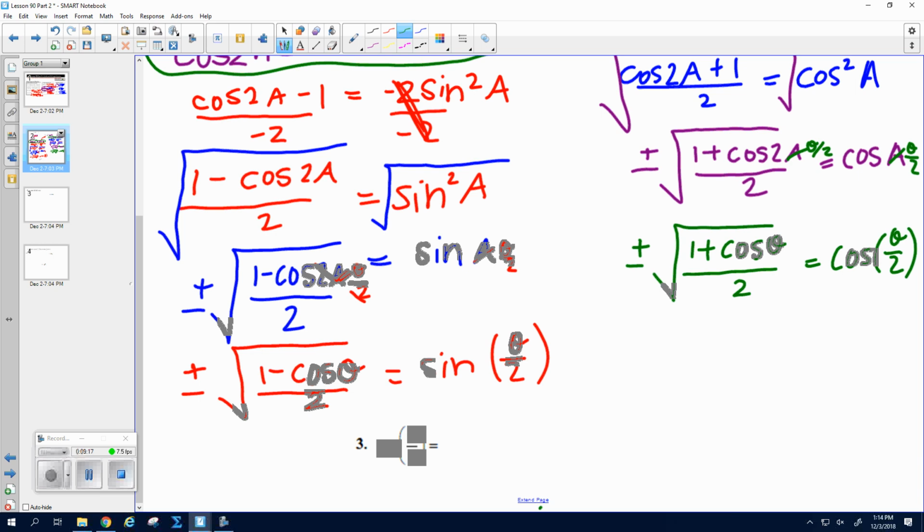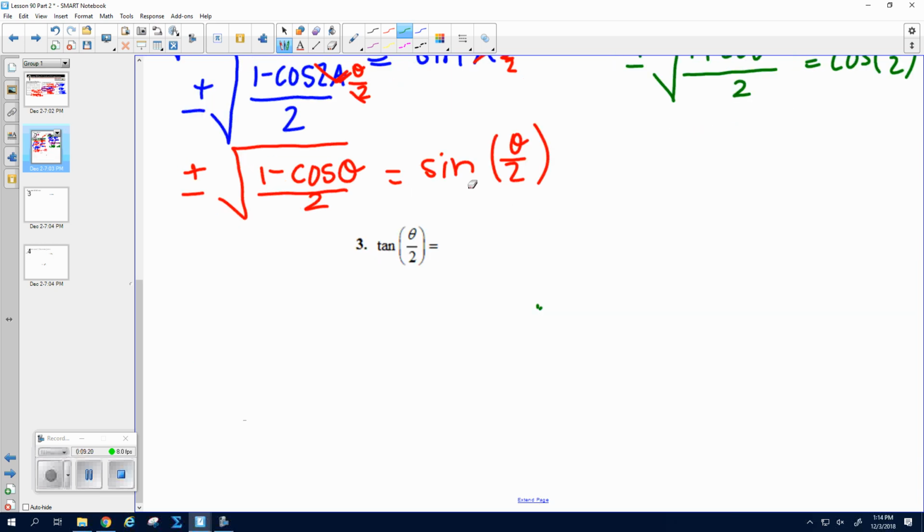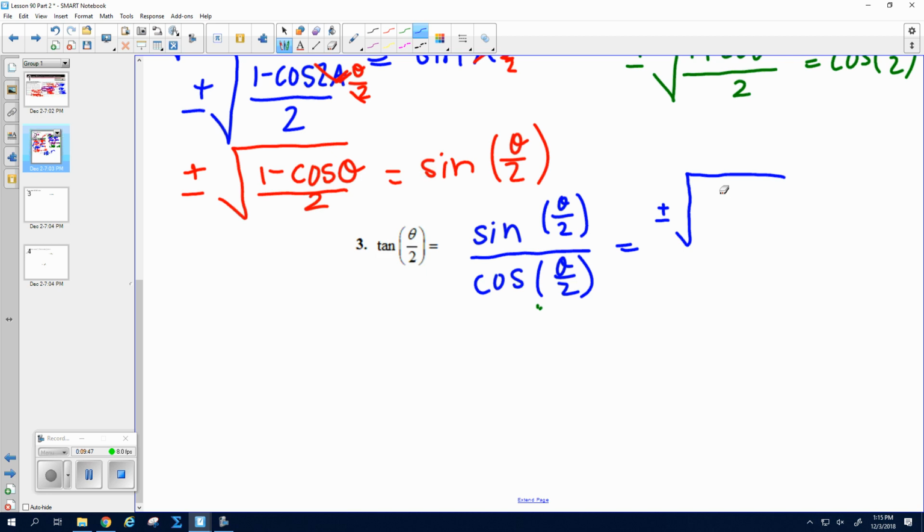Derive the tangent one. So for the tangent one, this is the same thing as just saying sine of theta over 2 over cosine of theta over 2. So it's sine over cosine. So what we're going to do is just take our formulas that we just did. If you look in your notes, or if you look at what we just did, sine of theta over 2 is equal to plus or minus the square root of, and sine's always the minus 1, divided by, now I'm going to do the cosine formula that we just wrote in our notes, and cosine's the plus 1,